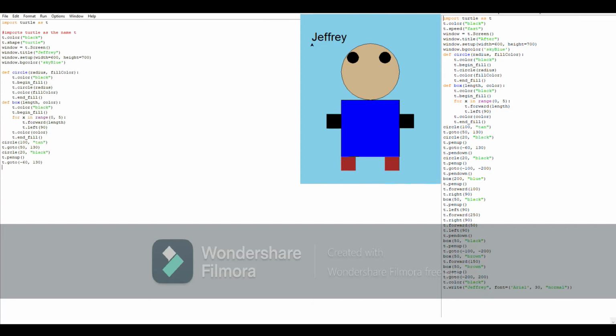So now we do t.penDown, which means start drawing, and then circle 20 left. Now we want him to stop drawing again because we will start making our first box. We want to move to -100 and -200. We want him to start drawing,